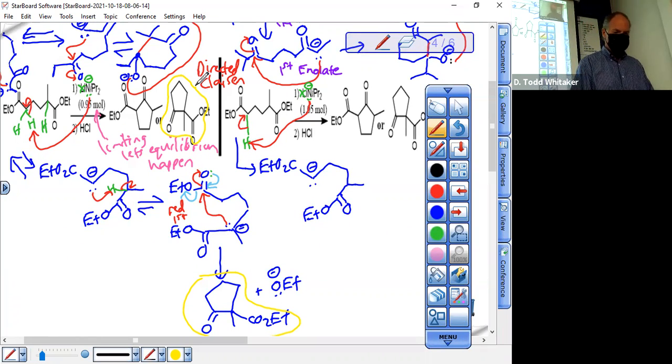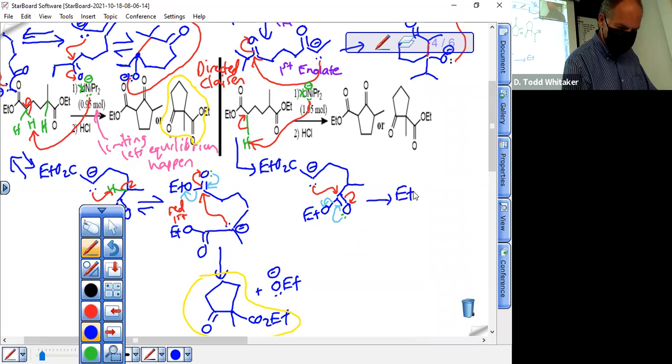Next one, straightforward. You can't have equilibrium here because you used excess of the real strong base. So Claisen starts right now. Electrons out, hit. Electrons come back. Leaving group leaves. I could have copy pasted. Well, couldn't really because we attacked a different carbonyl here. And it looks like you're done, but you're not. It looks like that first product. In fact, I'm going to make sure it looks like that first product